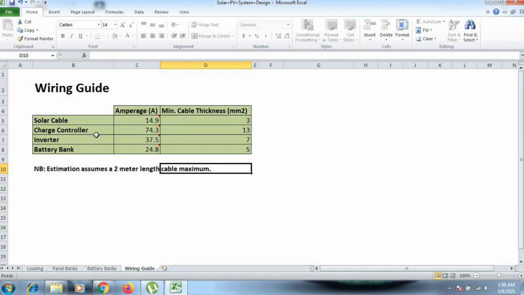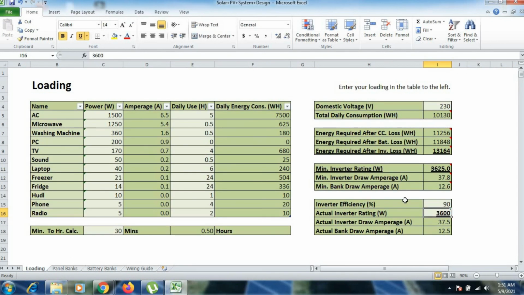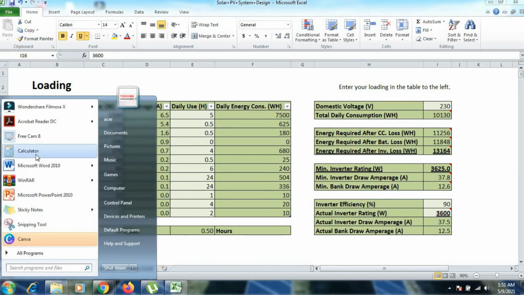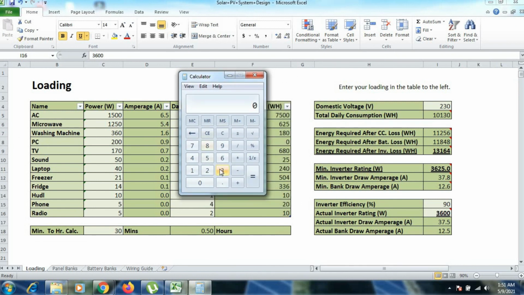And now this is from the battery bank to inverter. The wire which is going from the battery bank to inverter, that is 37.5. From where are we getting it? We are getting it from here. This is the actual inverter draw amperage. Now how do we get this 37.5 ampere? As you can see here, our single inverter rating is 3600 watt.